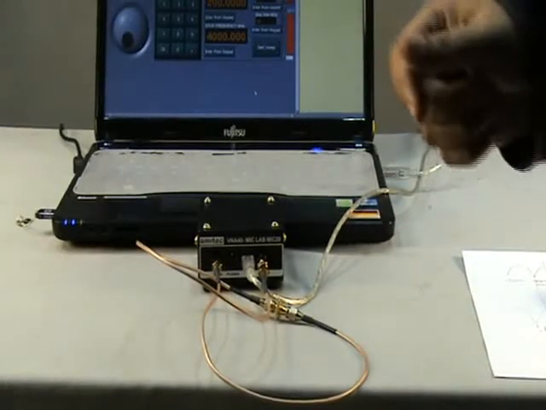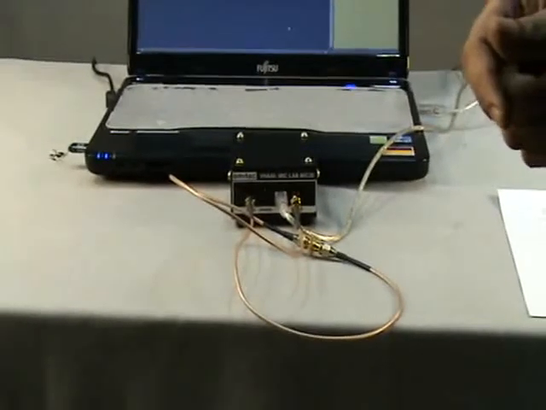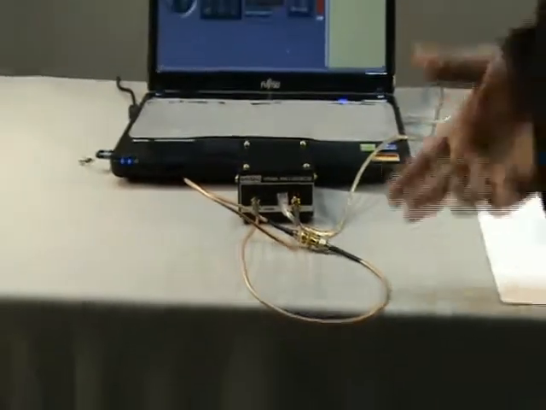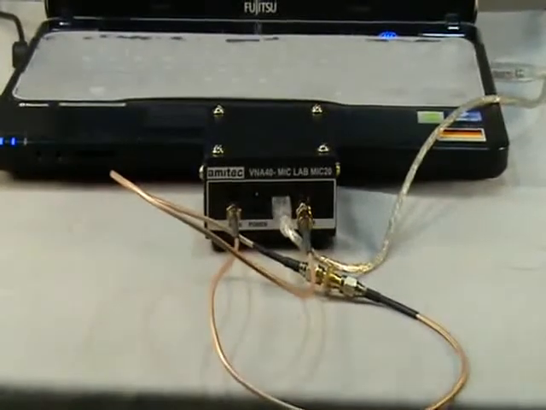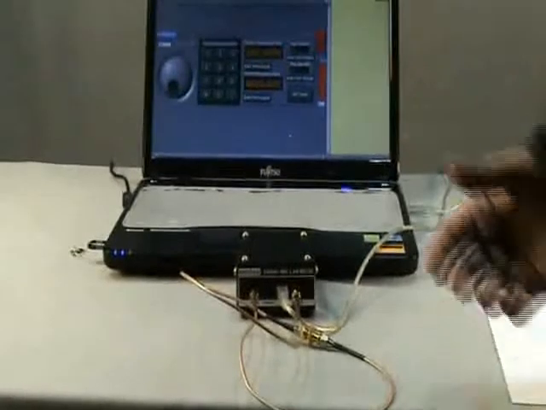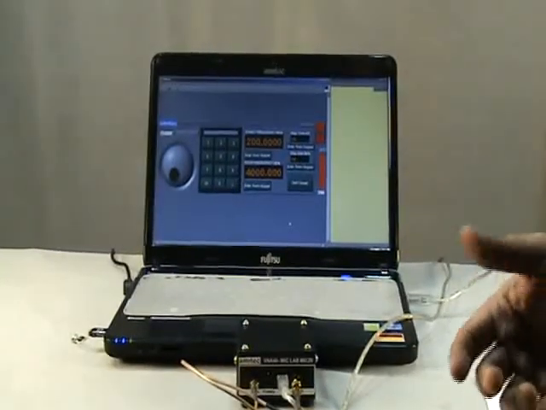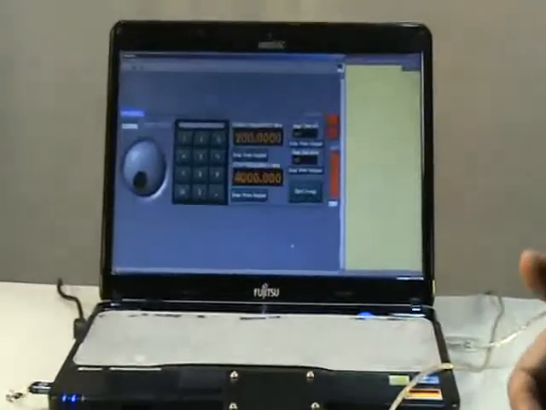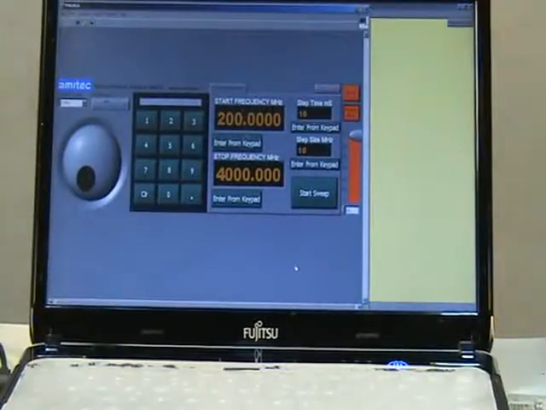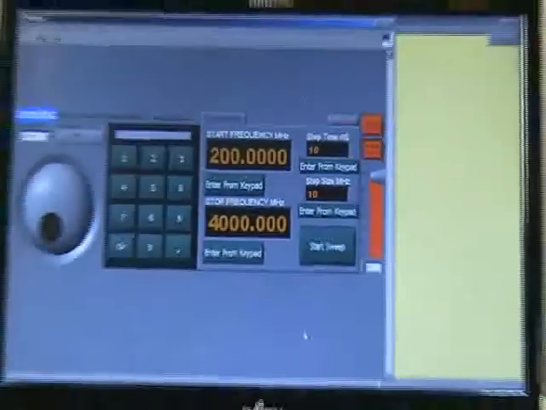Now this is our vector network analyzer, which can be used for slotted line, complex impedance measurements of unknown loads of microstrip or any other given loads. Now we're going to use it to start to measure the device, and it can be used as a signal generator which can generate frequencies from 200 megahertz to 4000 megahertz in 1 kilohertz step size, and the dwell time can be as fast as 10 milliseconds per division, and the step size can be from 1 kilohertz right up to